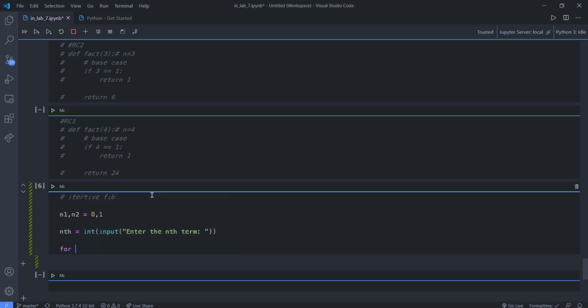And now my loop is going to start from, instead of starting from 0 or 1, I'm going to skip 2 iterations up until my nth term,